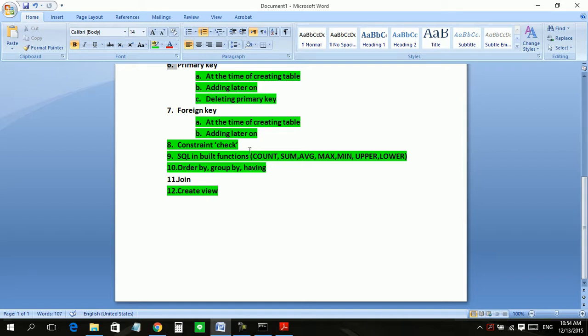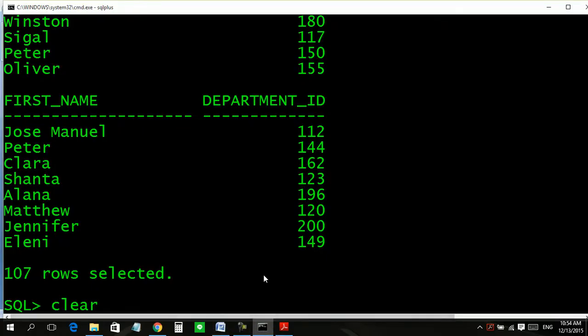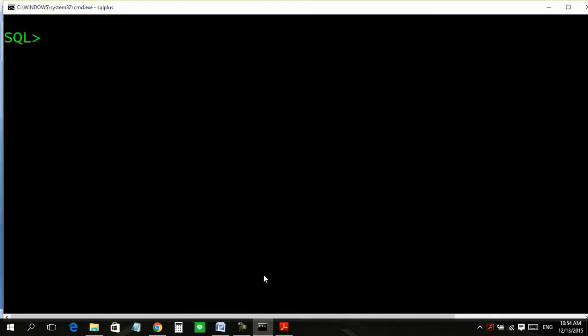Look, clear screen. What is a join? Whenever we have to select data from two tables, not only one table, based upon some condition, then we use a join.